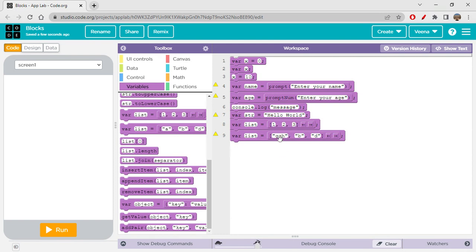Here also for a it is 0th position, for b it is first position, for d it is second position. So if I want to get d as the output, then I have to write list of 2. Access the list item using this kind of a block. So using square brackets, within square brackets you have to write the index value,